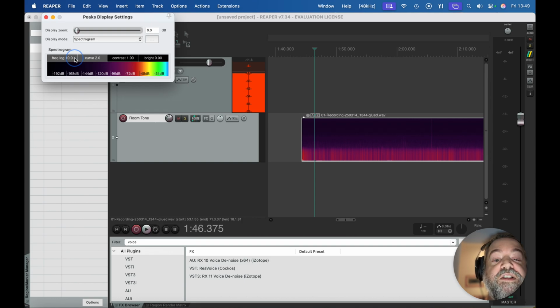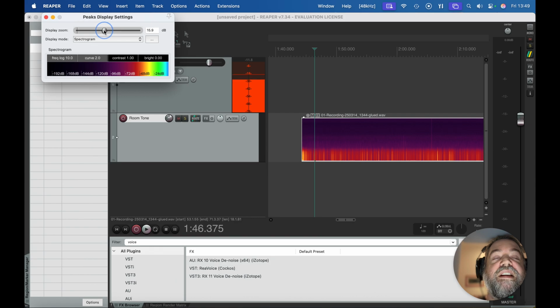If you see a spectrogram in normal circumstances, it will actually look more like this, which is not so helpful for when we're trying to identify stuff that's lower down in the frequency register. So I have that set up in the template that you imported. You can also, if you want,